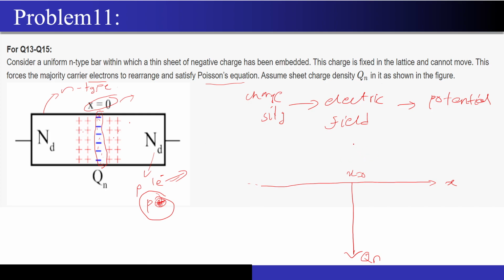So I will draw this positive and negative sheet, and note that this will have the width now, correct? This will have the xd on both the sides, correct? Because this is not a metal, right? This is a semiconductor. So if it was a metal, then you would have accumulated these positive charges in a very short amount of width, right? But since this is a semiconductor, you have to spend some width to accumulate these charges, which will balance out this negative charge, right?